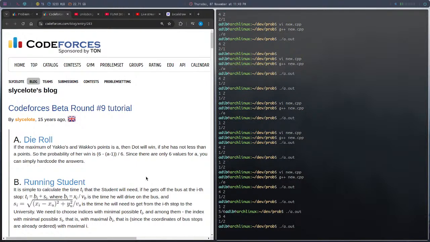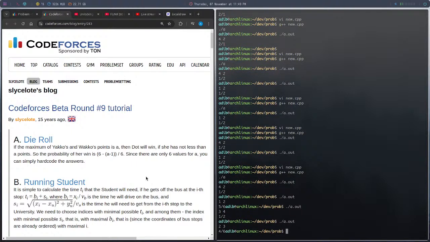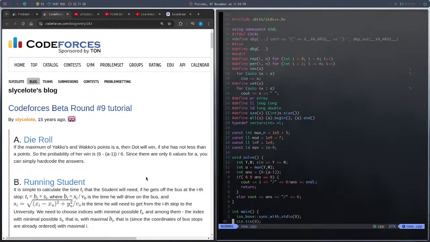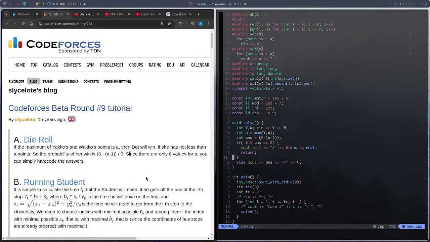So the maximum only matters, right? So it's a 2 and 3, and that's 4 and 6, right? And we can say again,